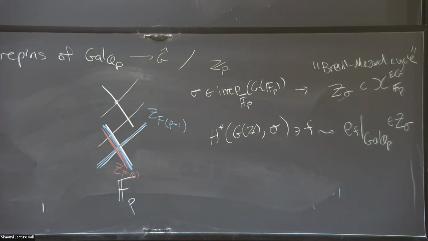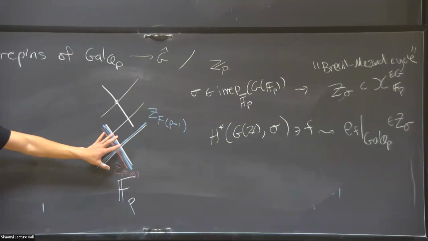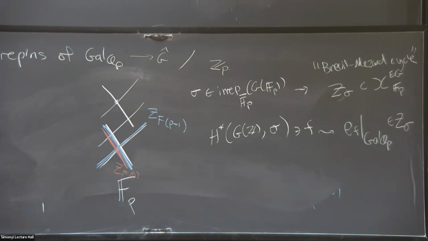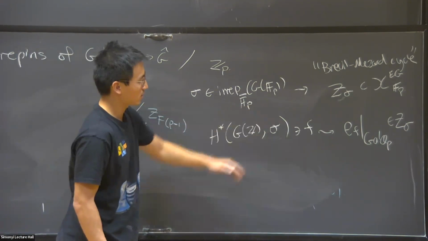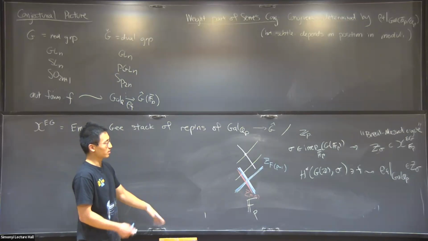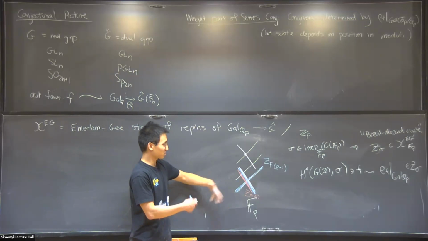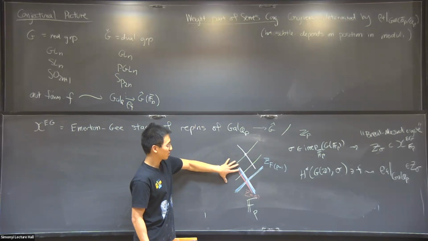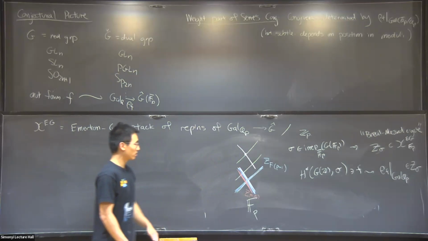So that is to say that the geometry of this cycle can become complicated. Actually, for SL2, it doesn't get worse than this. So basically what Serre did, in this language, was to tell you who these cycles should be. But as the group gets more complicated, we actually don't know what this cycle looks like, what the Z sigmas look like. And well, we basically know they become pretty complicated. Maybe very complicated, in the sense that the number of components can grow uncontrollably with the rank.